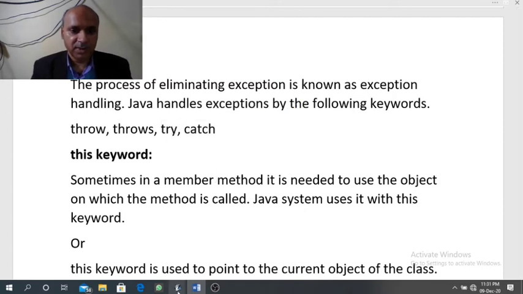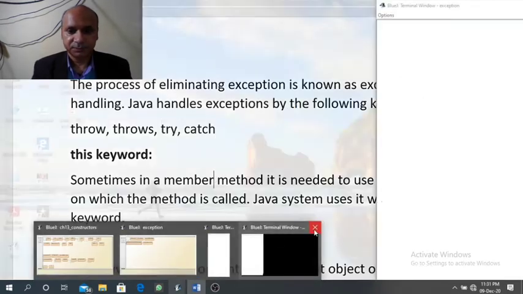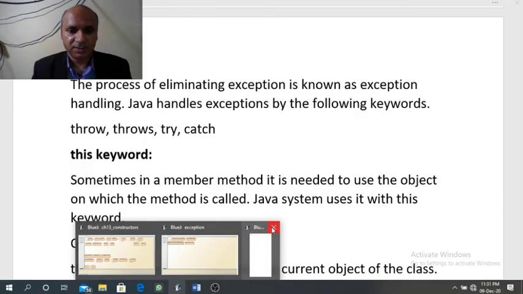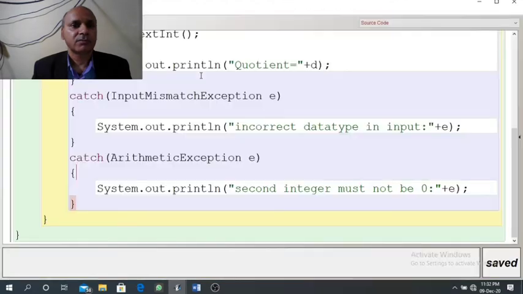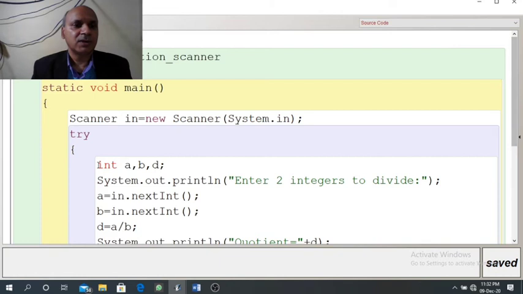Now see, same program I am going to design with try and catch block. Inside the try block, we need to write the programming code. You can see here try block is started after creation of scanner object.